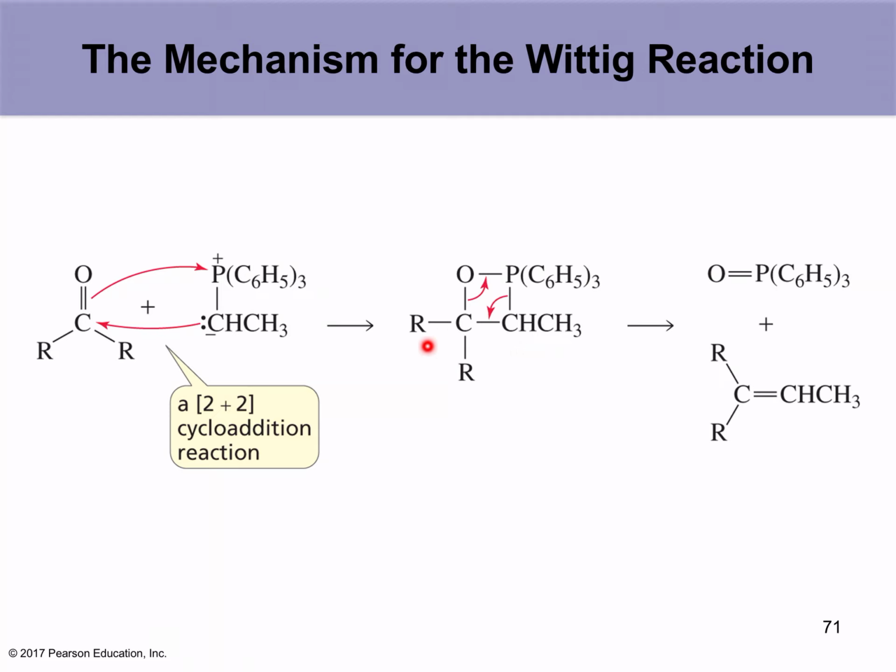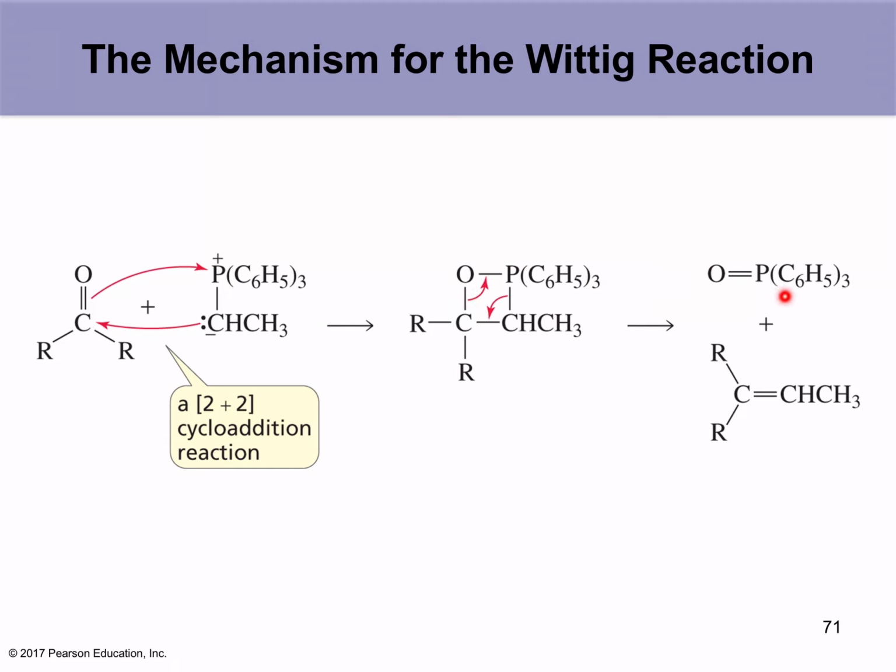The 4-membered ring forms in the vicinity of positive and negative charges. Once it's formed, it becomes unstable because it has a 90 degree bond angle, and it would be sterically not stable. Okay, it's going to break down. When it breaks down, it forms the strongest bonds that it could form. Phosphorus-oxygen makes a very strong bond, and again here you can form a carbon-carbon double bond. So the bond between phosphorus and carbon breaks, gives its electrons to form a double bond between the carbon-carbon, and then the bond between carbon and oxygen breaks and gives its electrons to form a double bond with the